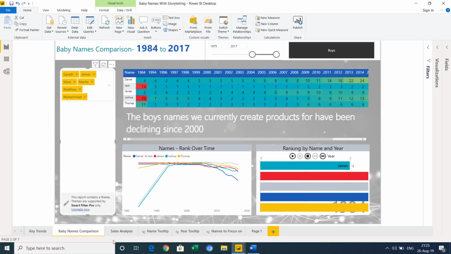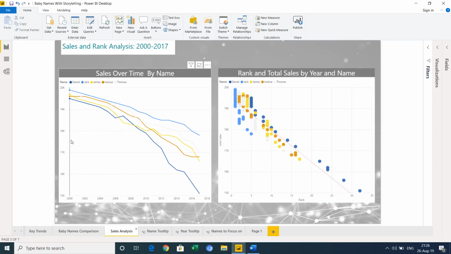As I said, what was really important with this was to get across this idea of the so what and of that context. So it was really about whether the popularity of names is important. What impact is that going to have if we're producing personalized baby name goods for names that are not popular? And so I made up some sales data to go with this. Obviously, this is all completely hypothetical, and it probably does show a pattern because I created it.